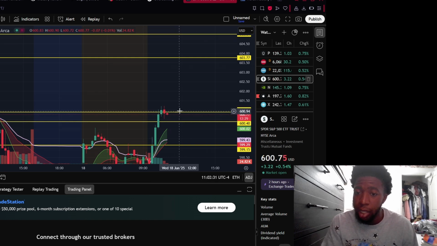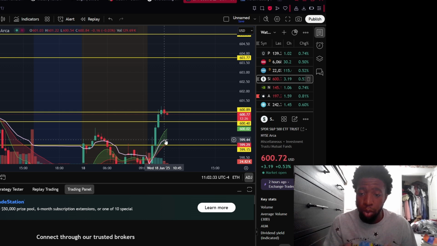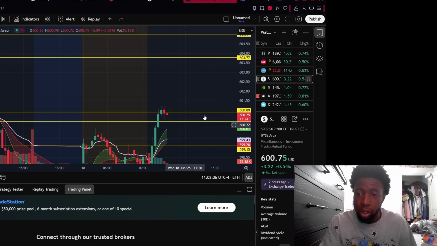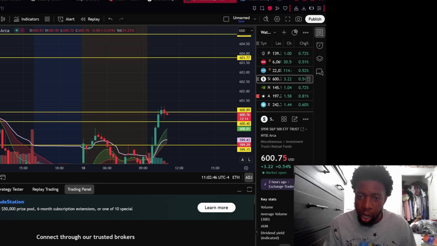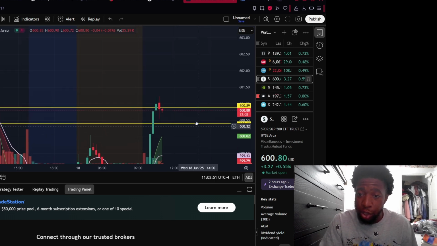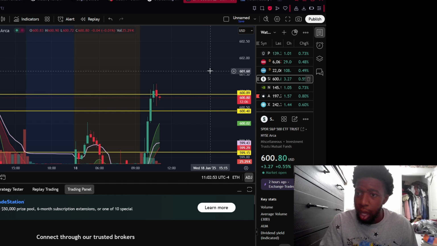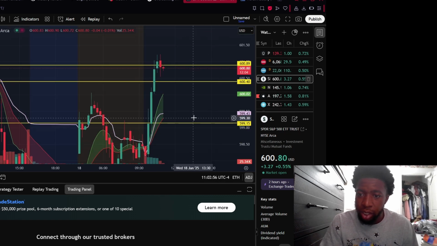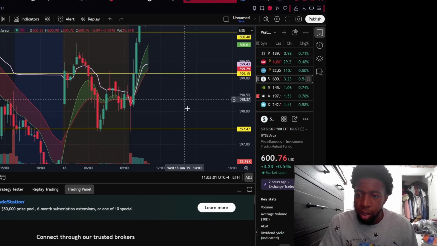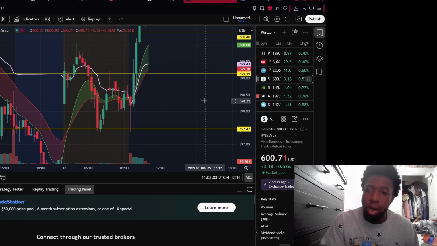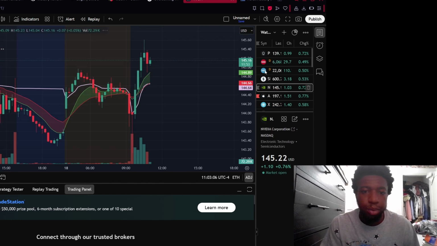But if it's not able to hold and it begins to retest, I see it coming down, and look for the reaction at the VWAP or EMA cloud. That's literally where most of the purchases are. The VWAP shows you where most people are buying. So look for the reaction around the VWAP. If it does continue to go up, look for it to come back to 600 and then 603. If it doesn't, look for it to head to 599 and then 597.50.